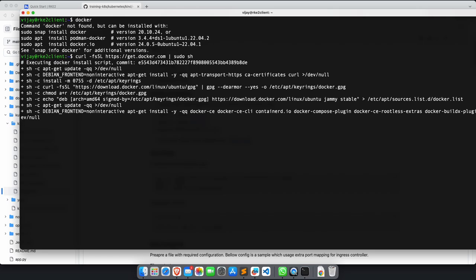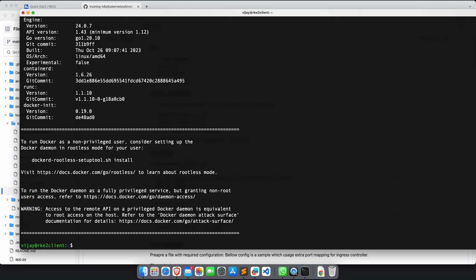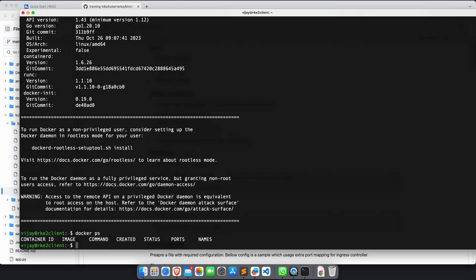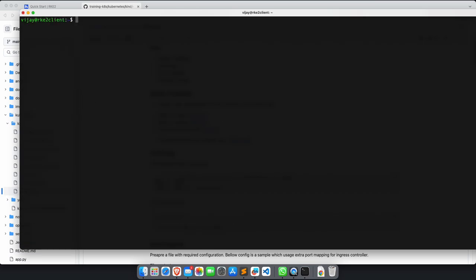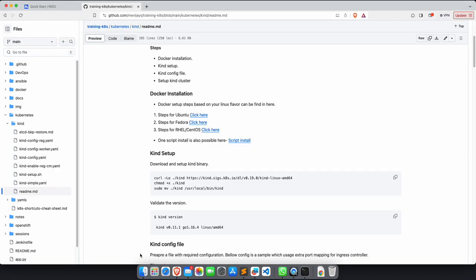My user Vijay is already part of the Docker group, so I would be able to execute Docker commands. The installation finished. If I run docker ps, you see that the Docker installation is done and I can run Docker. Now what next? Now I need to download the kind binary. This is a simple step. With the curl command I can download the binary, then I can do chmod to make it executable in my current directory. Then I have to move this binary to /usr/local/bin so that kind can be a command also. These are very small, tiny steps,